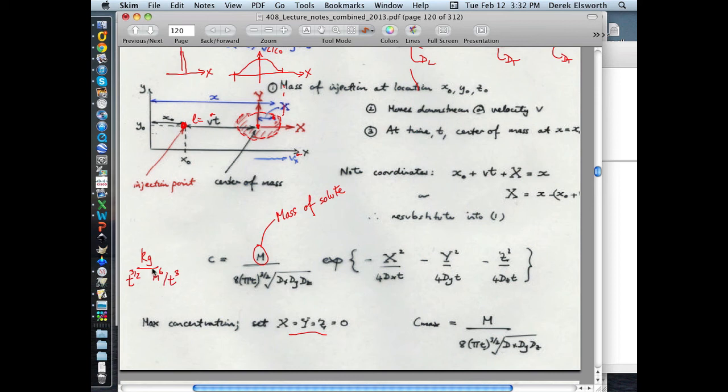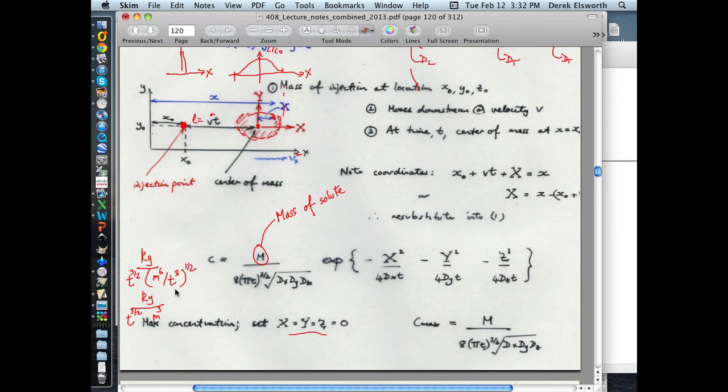Oh, yeah, I guess, but to the half. So if this is kilograms over seconds to the 3/2 multiplied by meters cubed